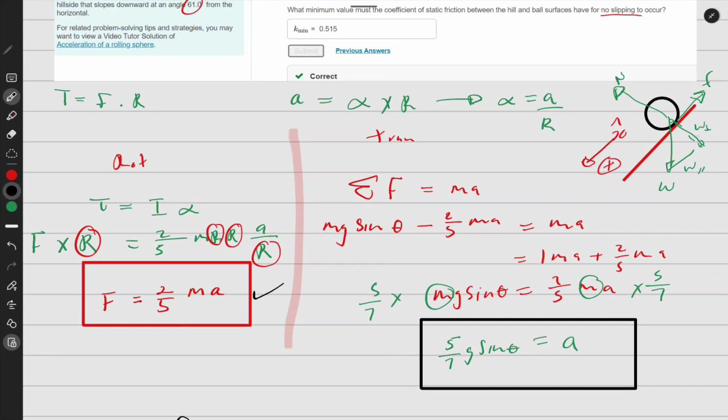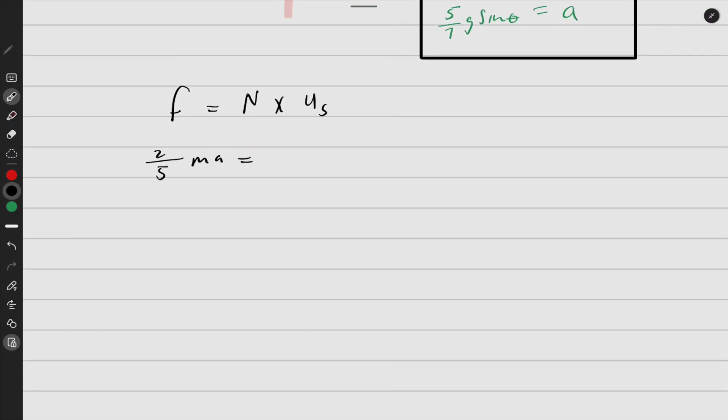Come back here. Normal is the same as this component, so this one was mg cos theta. So normal is going to be mg cos theta,